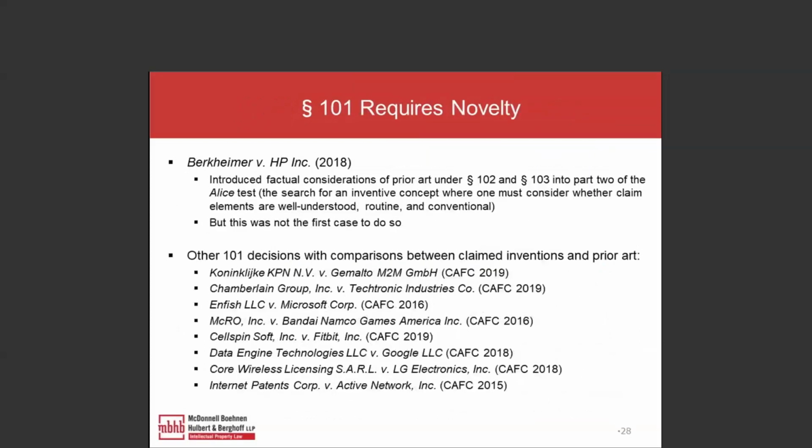Okay, finally, our third factor. We have established so far that the Federal Circuit likes it when claims are specific. The Federal Circuit likes it when claims have a technical character. In the converse, the Federal Circuit doesn't like it when claims are not specific or don't have a technical character. What about novelty? This is probably the hardest of the three factors to get your head around just because it's